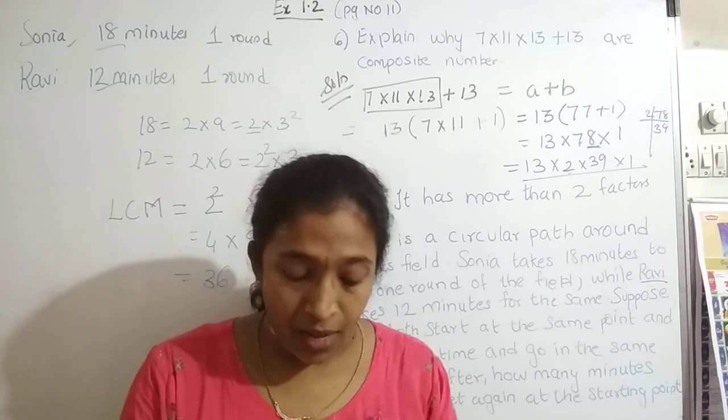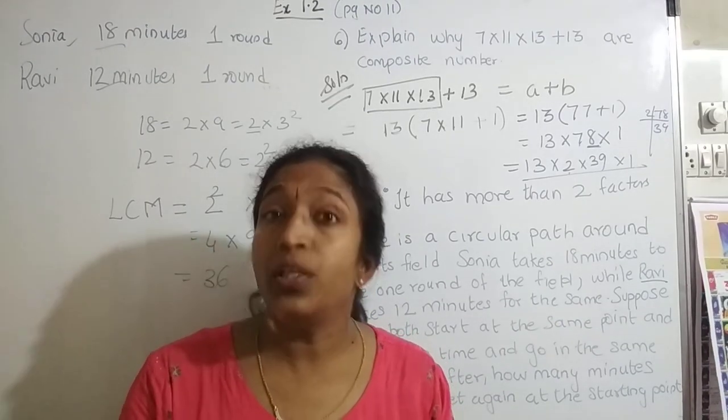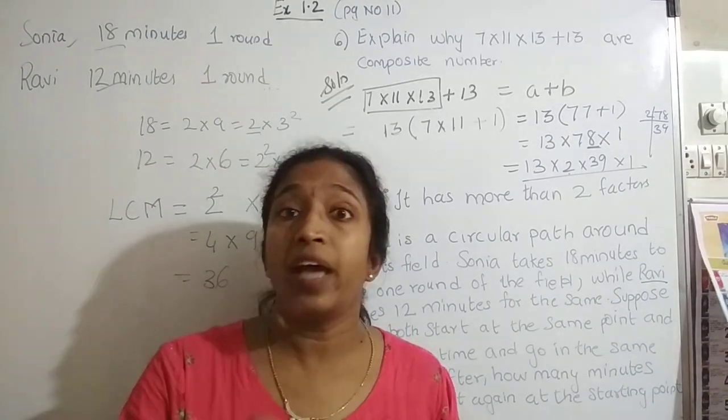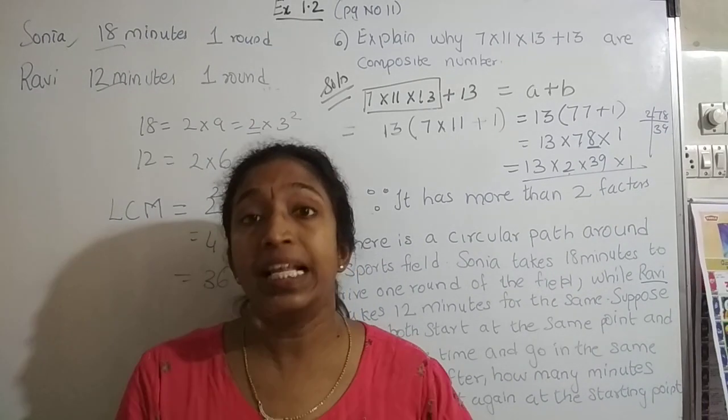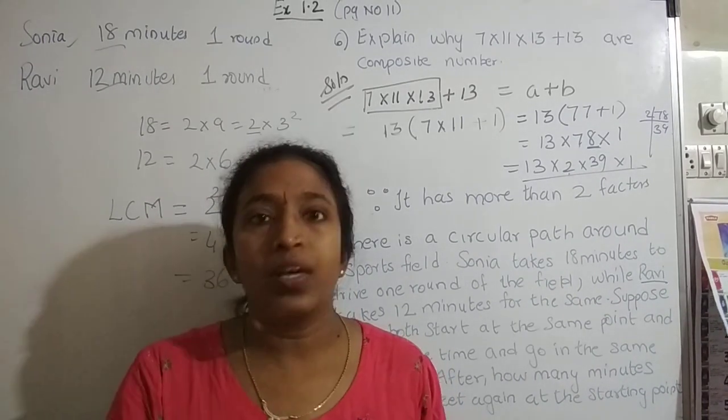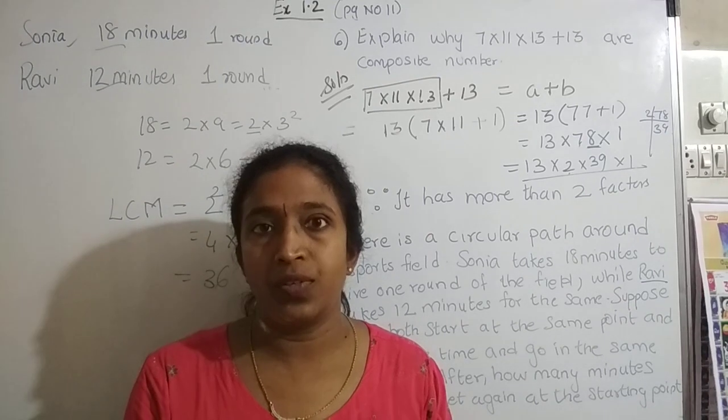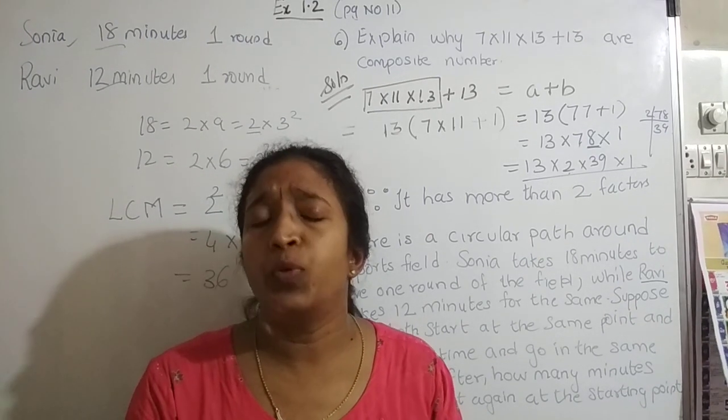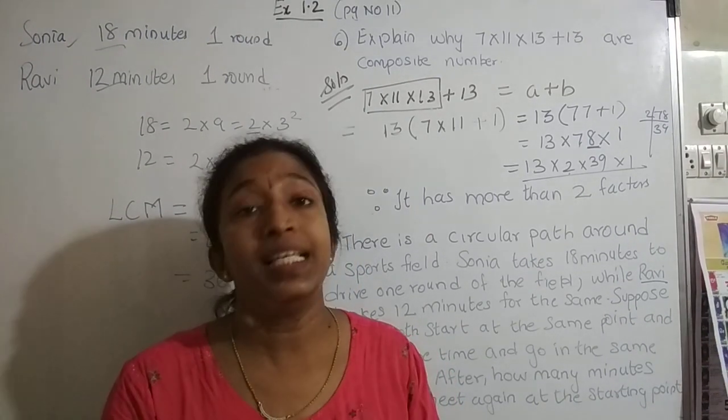So as I said, what is confusing is that you have to read the question and understand: if I find the HCF, what will I get, and when I find the LCM, what will I get. Then you can really understand the practical situation, right? Exercise 1.2, I hope you have understood very thoroughly. It is very easy and scoring.